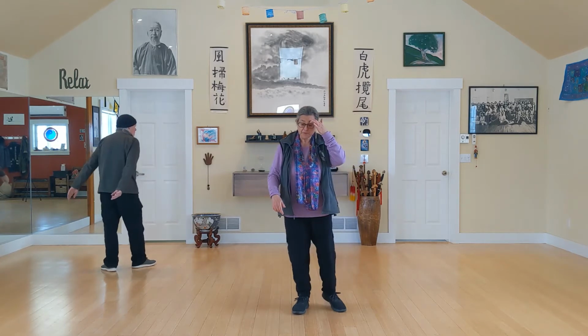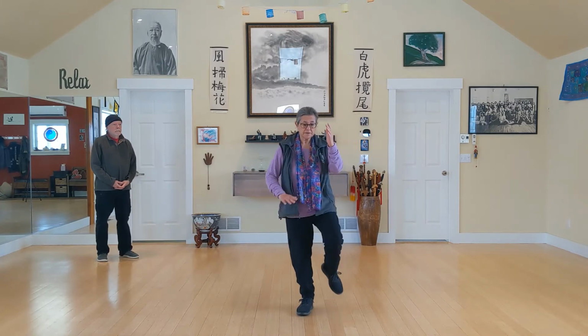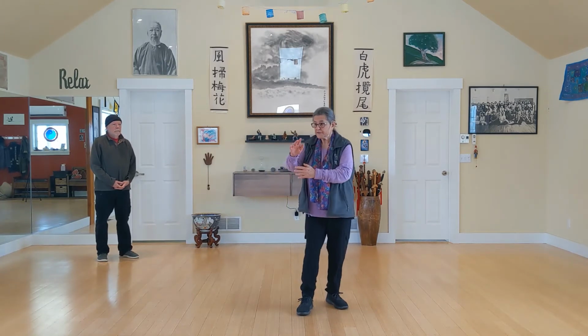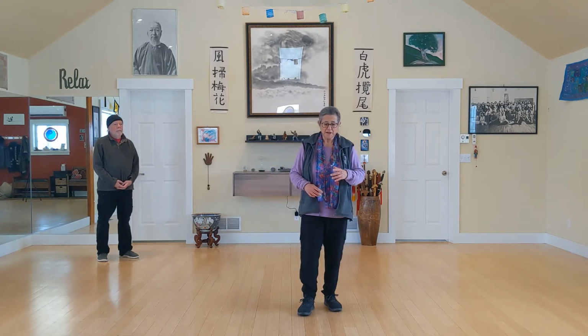So rest your legs a moment. So this shift between this point and this point has some action with the arms, but it's not the arms that do the moving, it's the turning of the waist. So this is a place Baton used to call reaching for the soup, because when